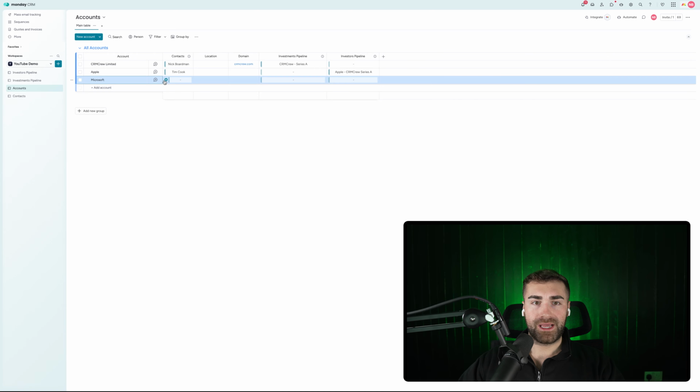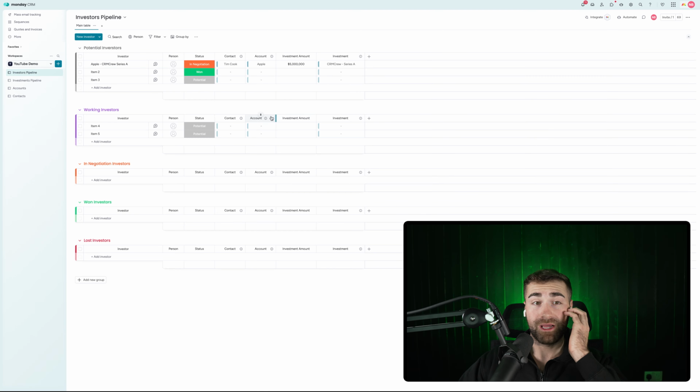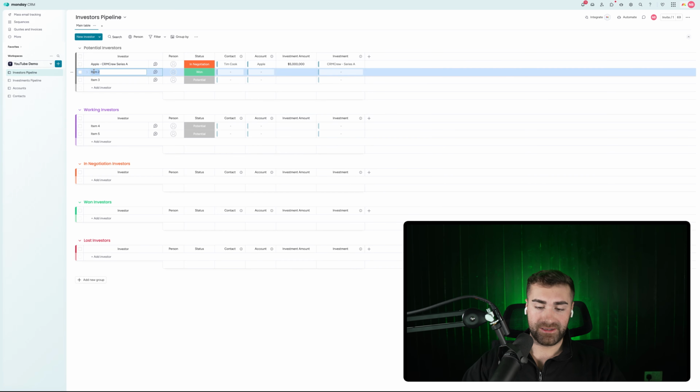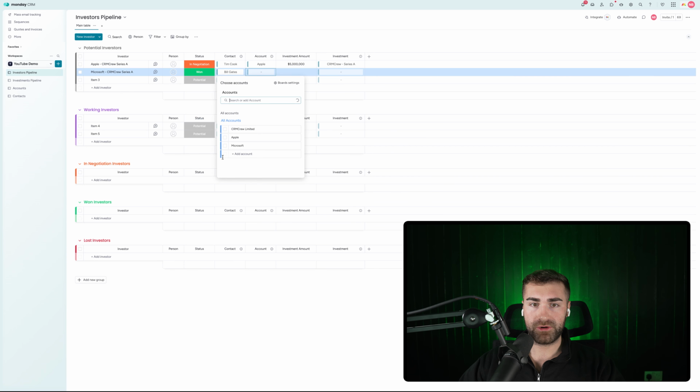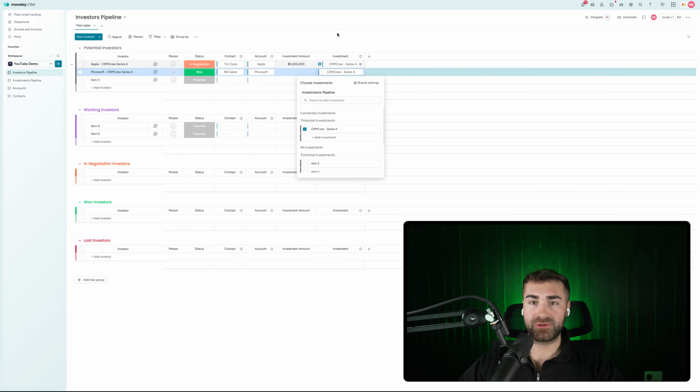And then we'll connect Bill Gates to Microsoft. There we go, as we have done. And then we go to our investors pipeline again. And let's say I want to add Microsoft as another potential investor for CRM Crew Series A. Okay. So now I would associate Bill Gates and of course Microsoft with the investment CRM Crew Series A, and